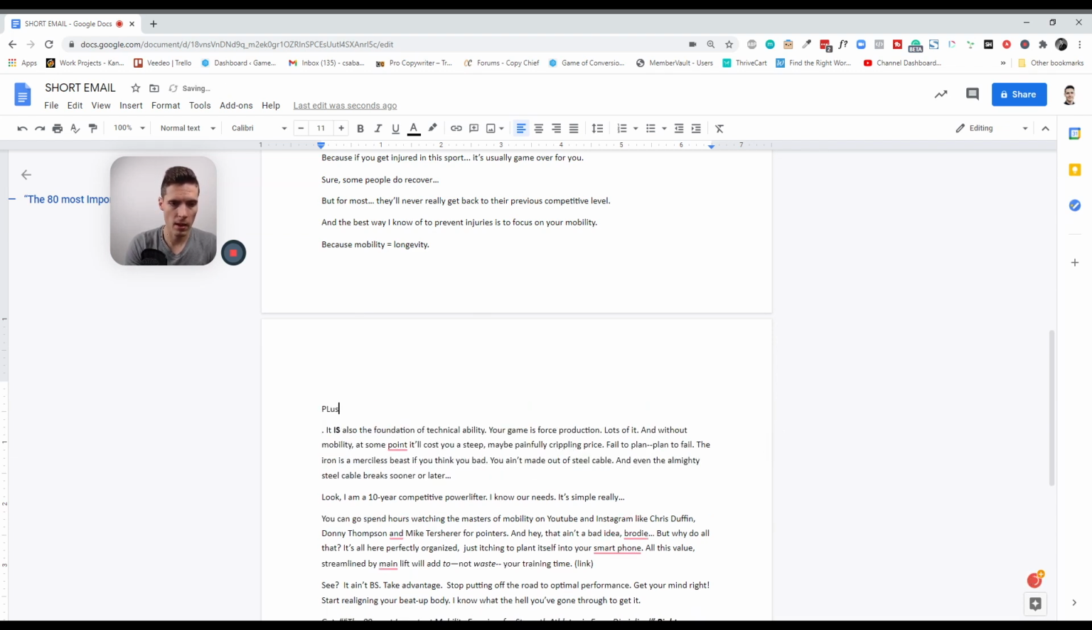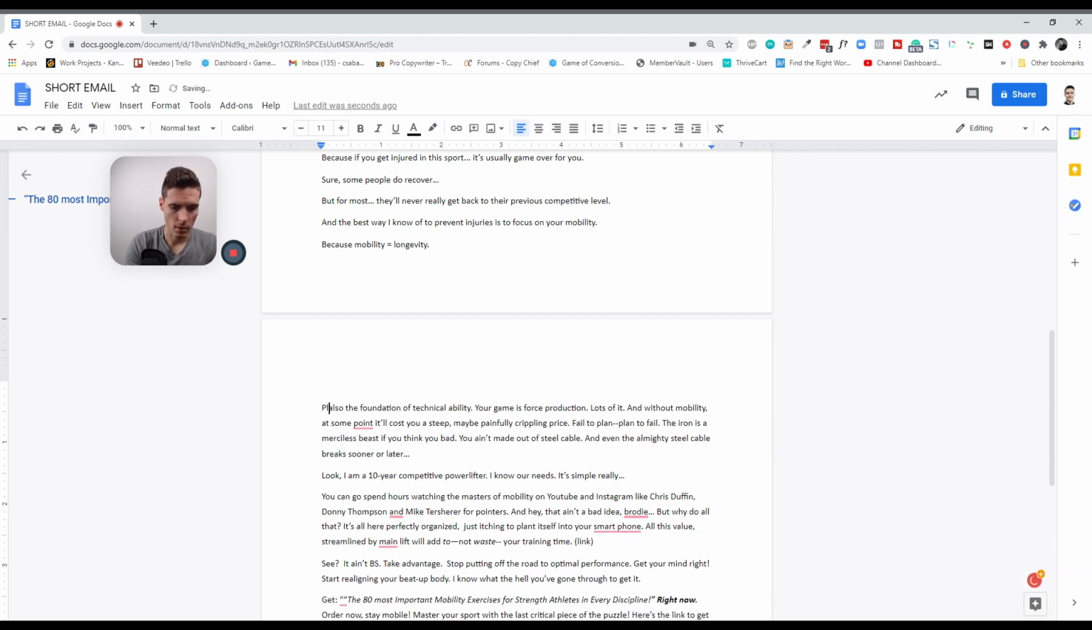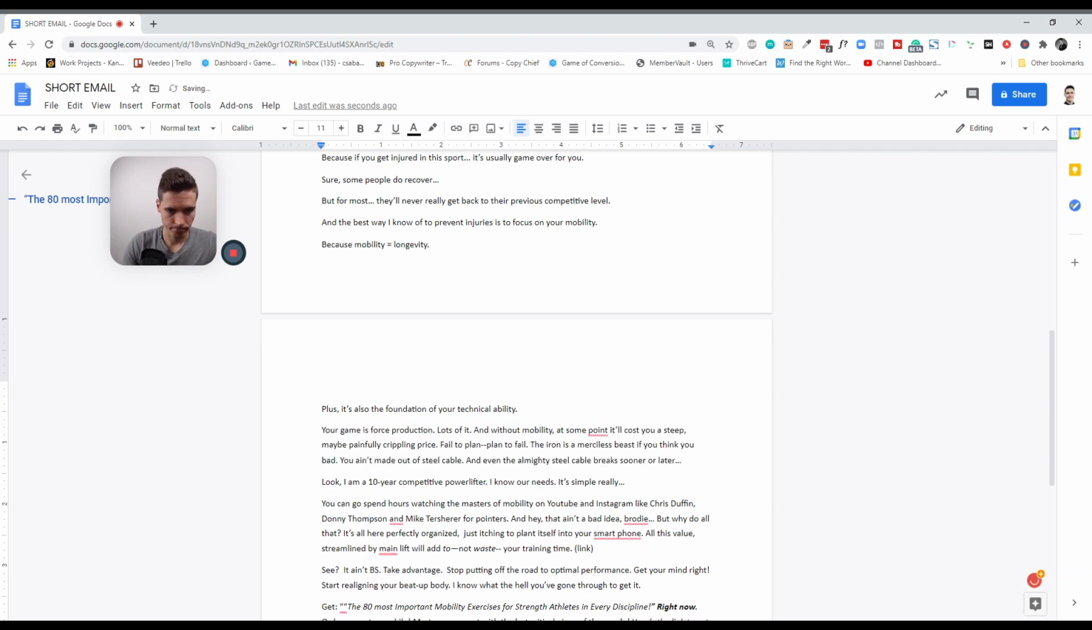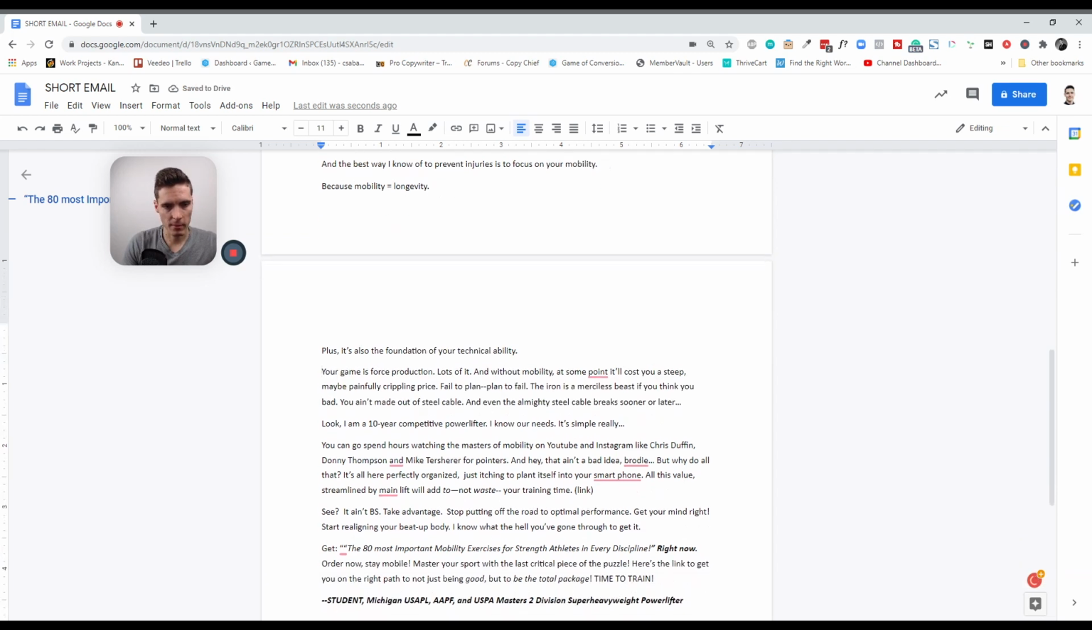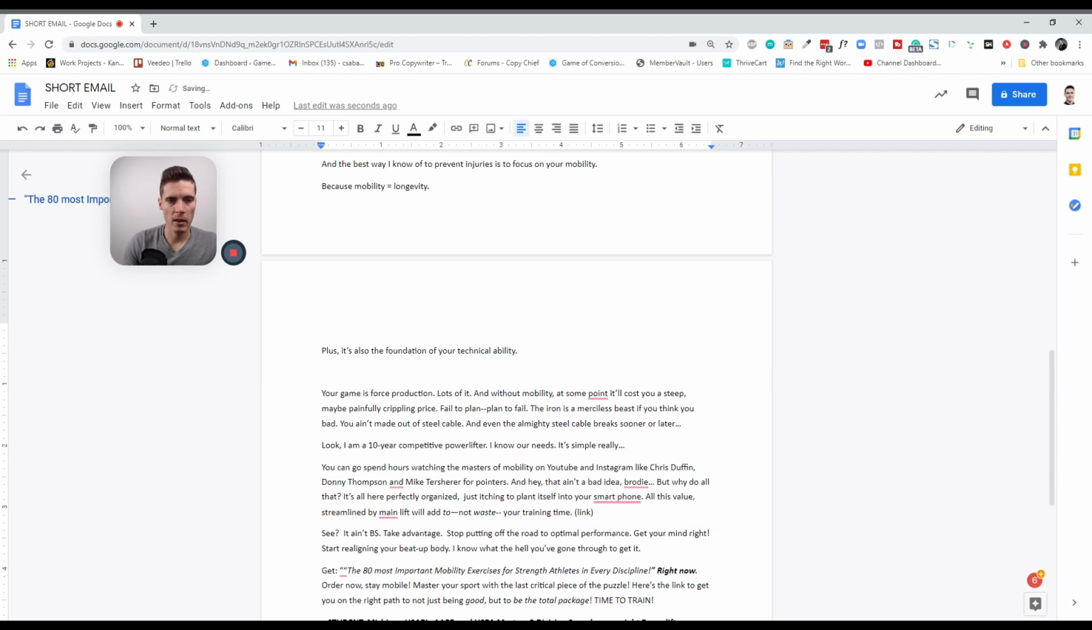and we can say plus it's also the foundation of your technical ability. Now the writer said something like, your game is forced production, lots of it, and without mobility at some point it'll cost you a steep, more painfully crippling price. So because mobility equals longevity, plus it's also the foundation of your technical ability,